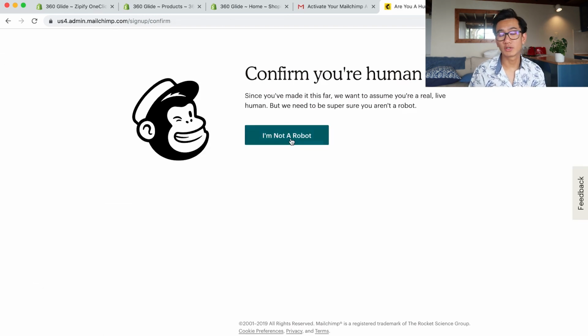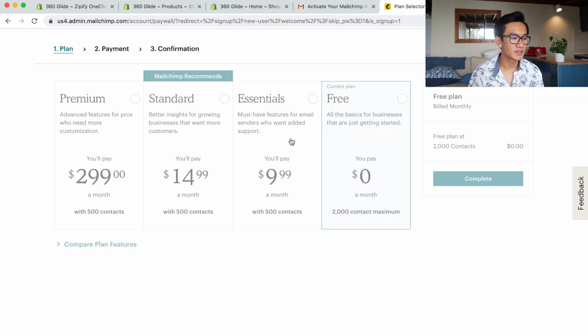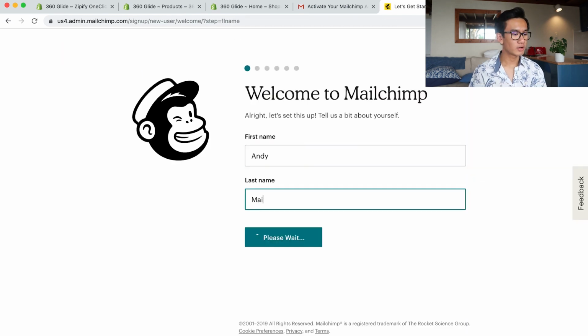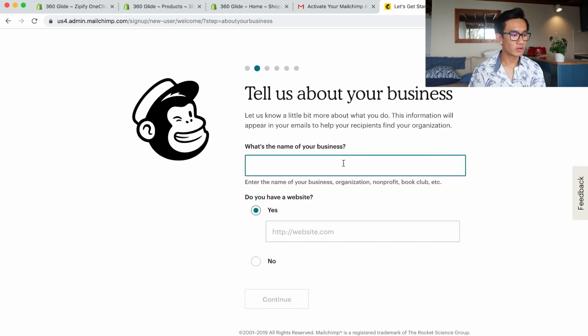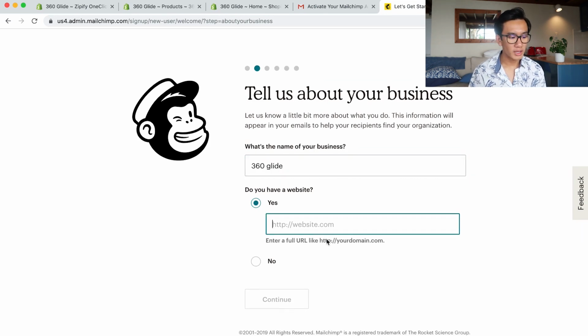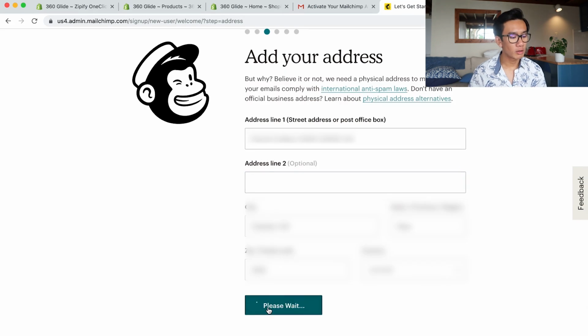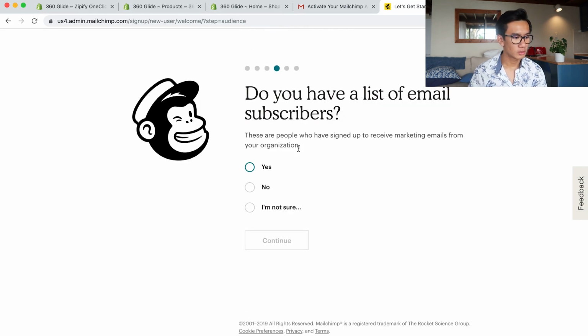One-click upsell just needs an email marketing service that you can link it to because it sends emails. I'm going to stick with the free plan, no need to pay any money now. First name, last name, talk about your business, 360 glide, website, put in your domain, address. This is where I put in my PO box. So I'll put in my PO box, continue,